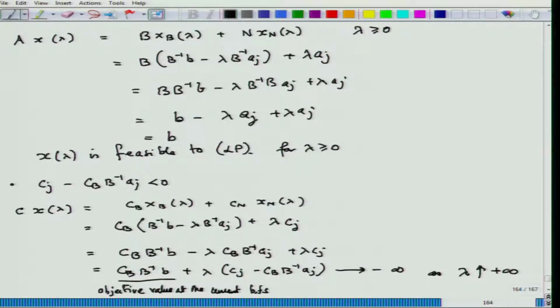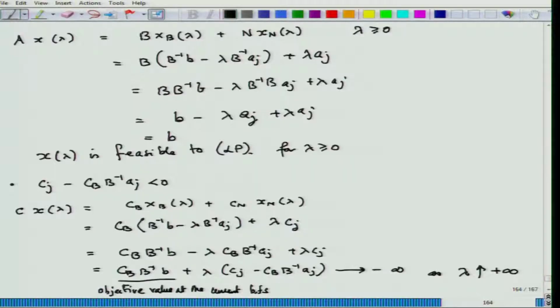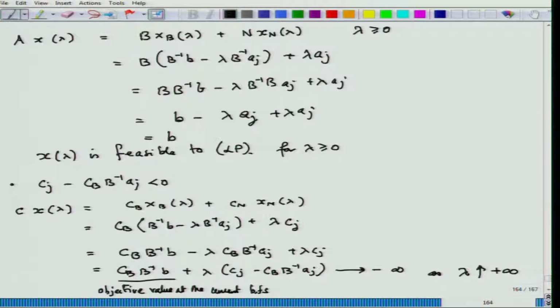So, with this we end today's talk here. We have two interesting conditions. One tells you when you know that you have optimality, and another tells you that if this and this both are true, then you have unboundedness. So, if one of these is strictly less than 0, you know that the current BFS is not optimal, because you take one lambda and I showed that this is negative.